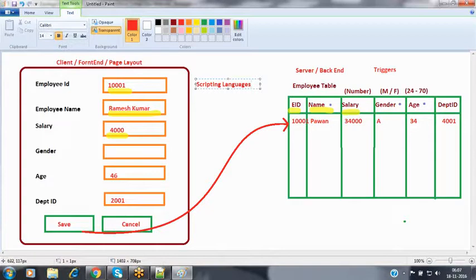Now, in order to validate the data at the client side, in the browser level, in the user interface level, we have to use scripting languages to write that code. By writing code using scripting languages, we can validate the data at the user interface level.